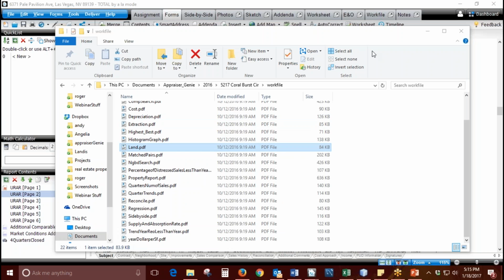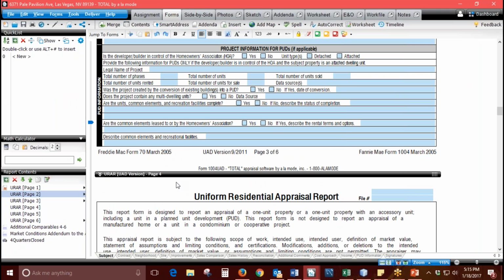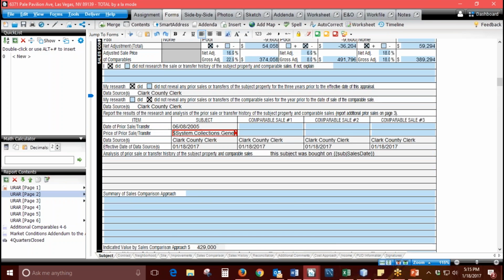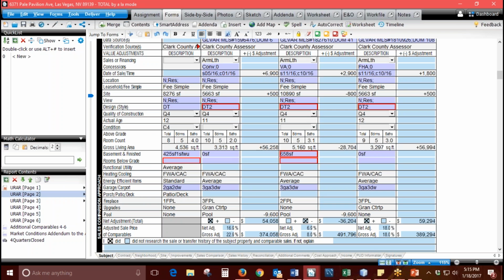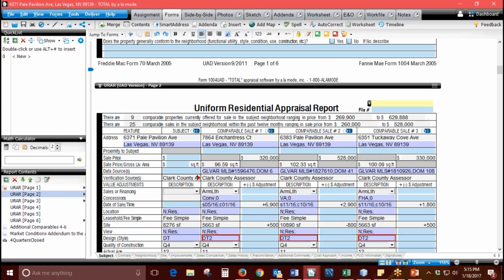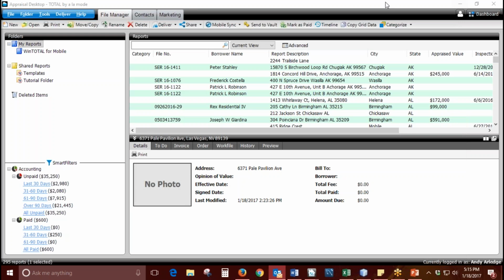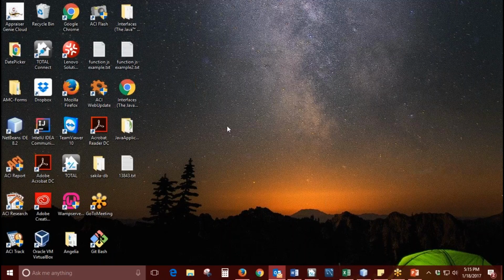All right, so that pretty much wraps it up. If anyone has time to stick around, I have one other way to show you guys. You don't actually have to inspect the property first, meaning if you don't have all the subject information filled out, but you want to go ahead and start using Genie to fill out as much as we can for you, I will quickly show you an additional way. You don't launch it from Total at all. When you install Appraiser Genie,